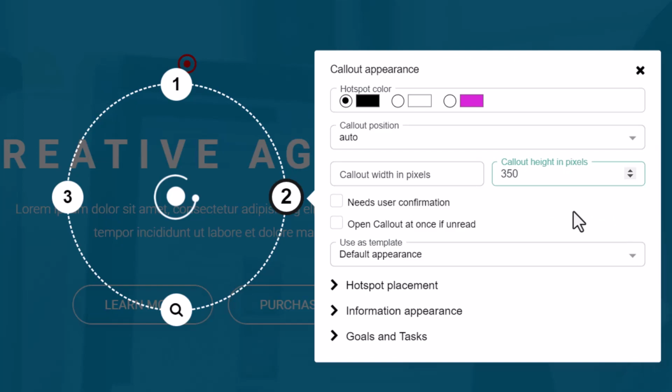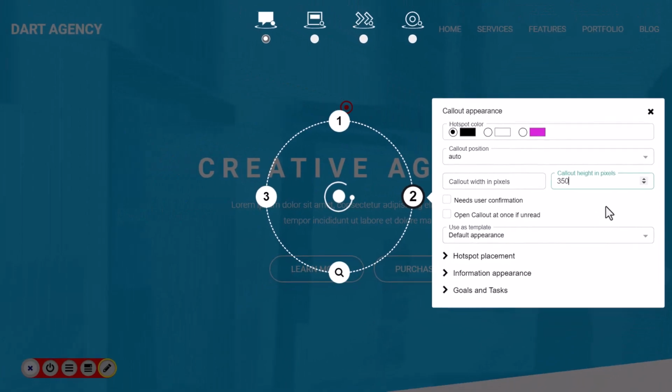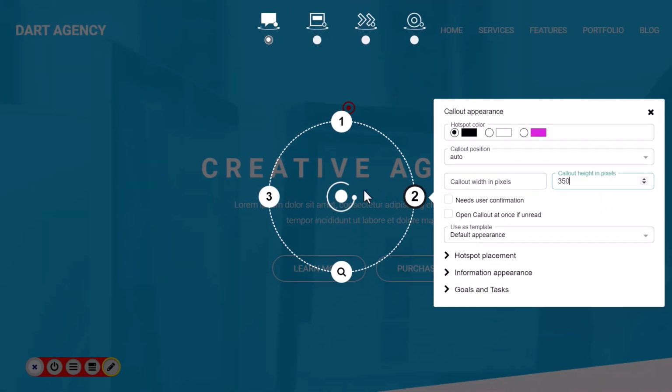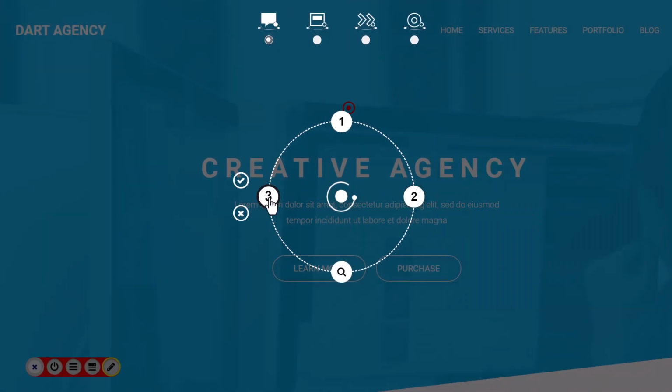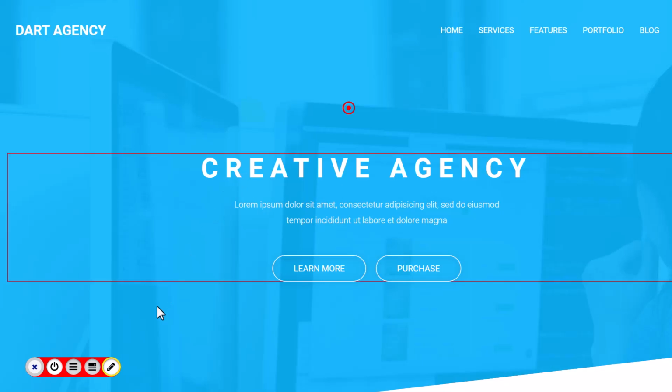If you tick this checkbox, the callout will automatically open for every user that has not seen that callout yet. Yes. We are good. And save it. That basic process is the same for all callout types.